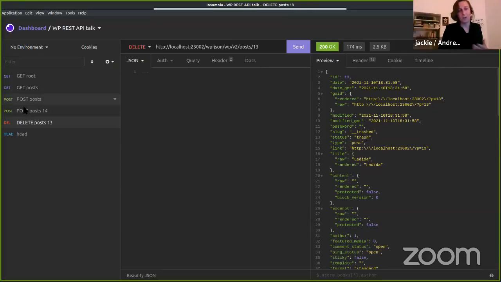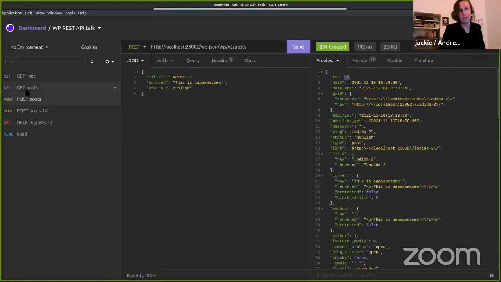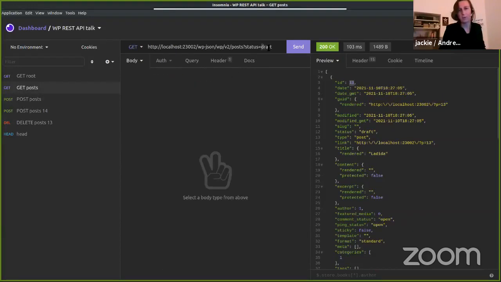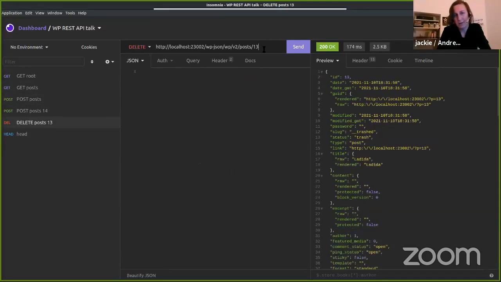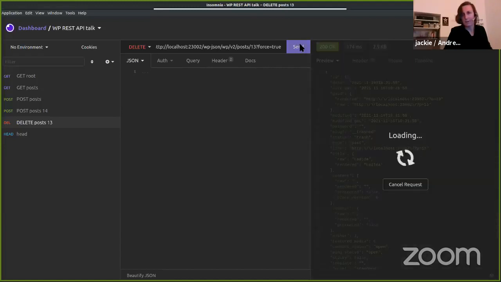So what can I do with that? I could also use the status filter trash to see what is in my trash when I do the GET. And I see this is this article. So if I want to actually delete it, I need another query parameter. I think it's called force. Let's try that.